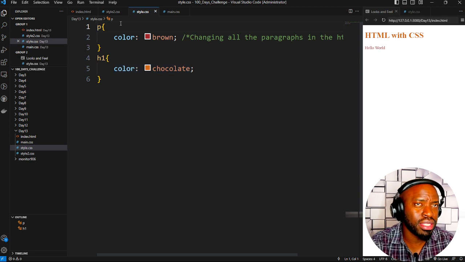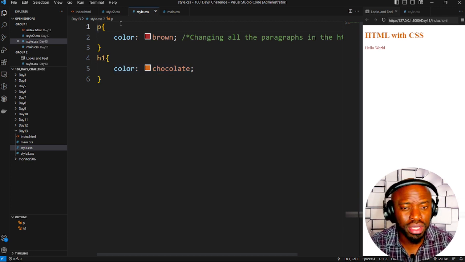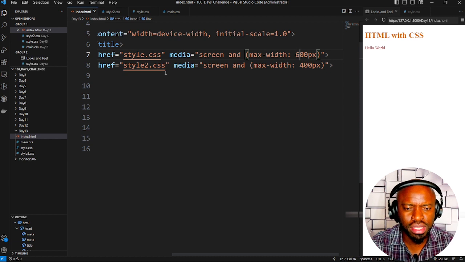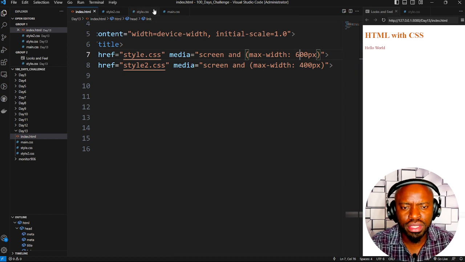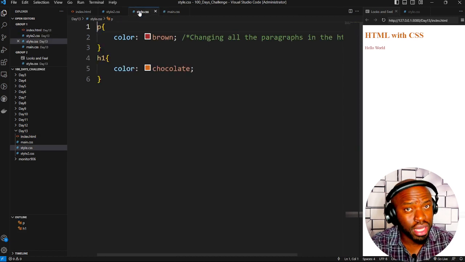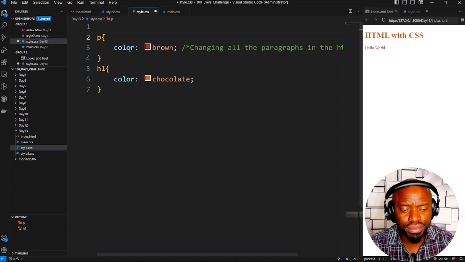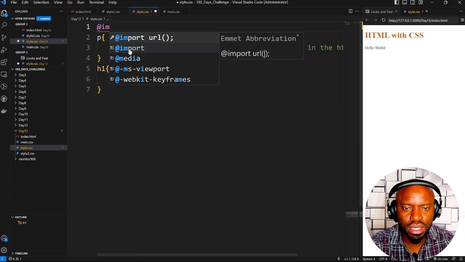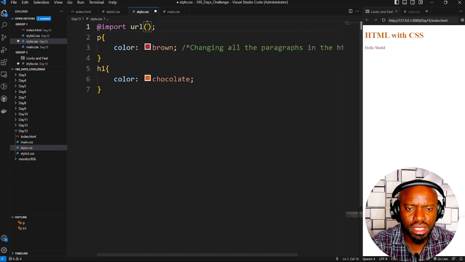Maybe the main is having everything that you want, but there are a few things that you want to change. So instead of you coming here declaring every CSS in the list, you can just go back to your style and say, okay, I will import this by saying @import, and it will ask you the